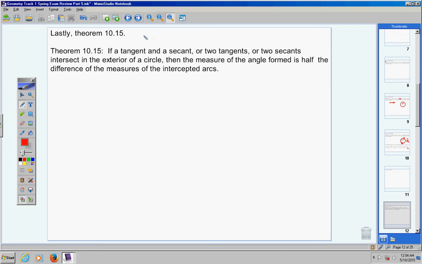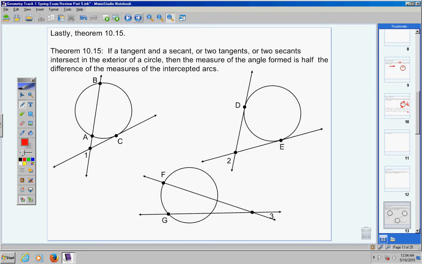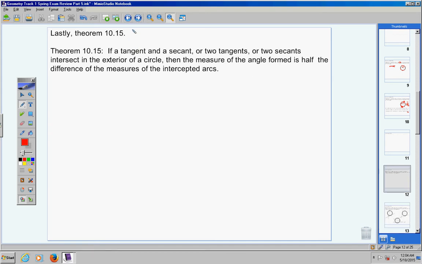This is the really pain in the neck theorem, because there's 3 parts to it, okay? And that's really going to be a pain, but we have to do it, so here we go. Now here's what it says. If a tangent and a secant, that's one scenario, scenario number 1, or if I have 2 tangents, scenario number 2. Or if I have two secants, that's scenario number 3. And they intersect outside of a circle, exterior of a circle, then the measure of the angle formed is half